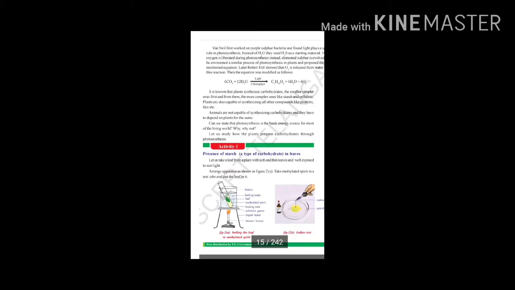So here the plants will synthesize the carbohydrates, where carbon and hydrogen bonds are present, for example starch or glucose. It is having C6H12O6. So these are called the carbohydrates. So these carbohydrates are synthesized by plants by taking smaller, simpler molecules and converting them through a lengthy process of photosynthesis into complex molecules like starch or cellulose. Then the plants are also capable of synthesizing all other compounds like proteins, fats. So by consuming these plants or their products, in the body of the other organism that has consumed them, the proteins, fats, vitamins, all that will be transferred.